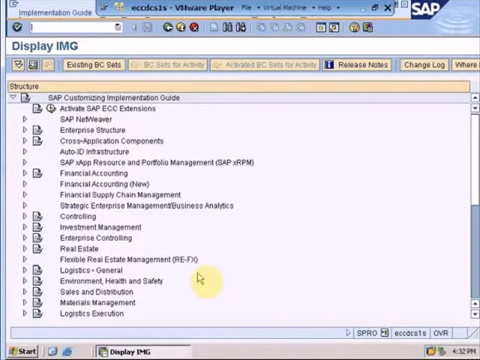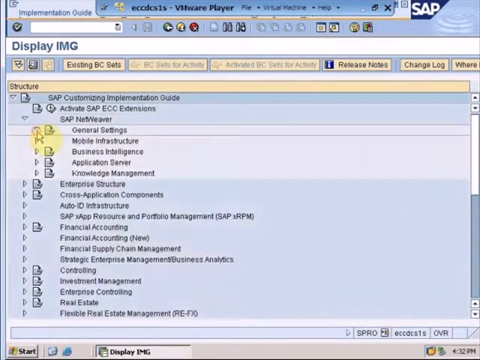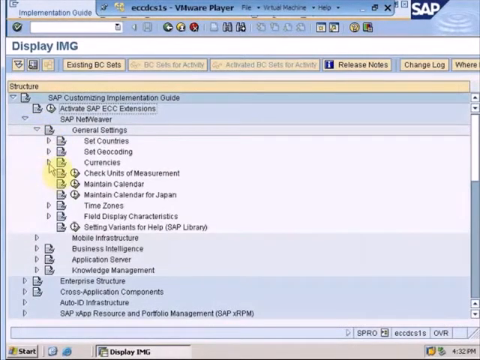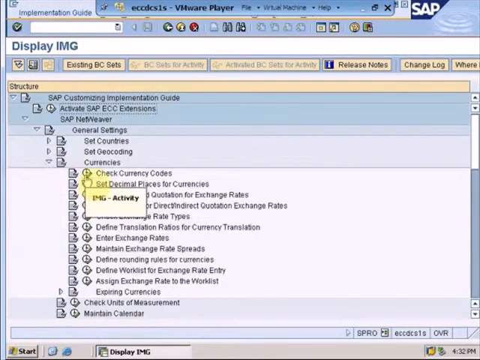Moving on to our fourth topic of Unit 1, which is known as currencies. In order to configure currencies, we are directly in the implementation guide screen. So within the implementation guide, we have to go to SAP NetWeaver, General Settings, and Currencies. As you can see, there are a lot of customizations regarding currencies, but they are all not necessary.